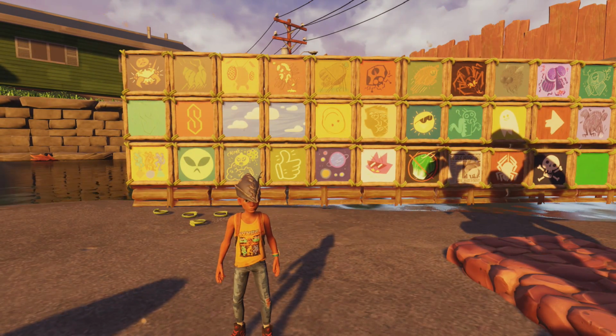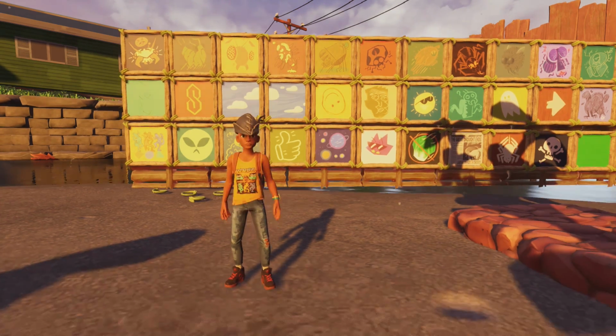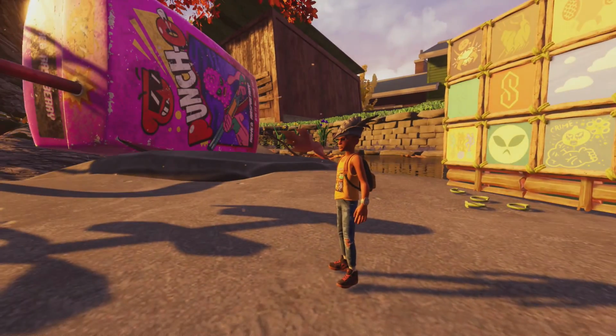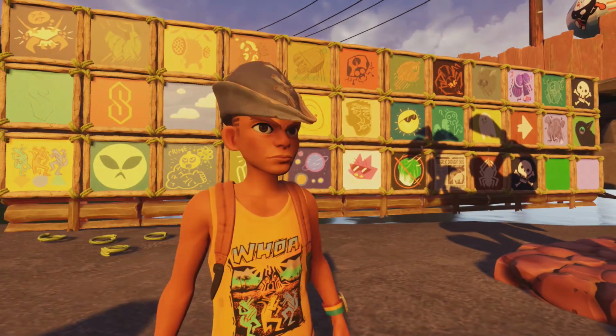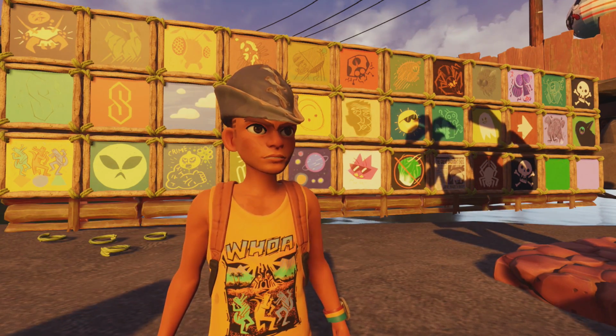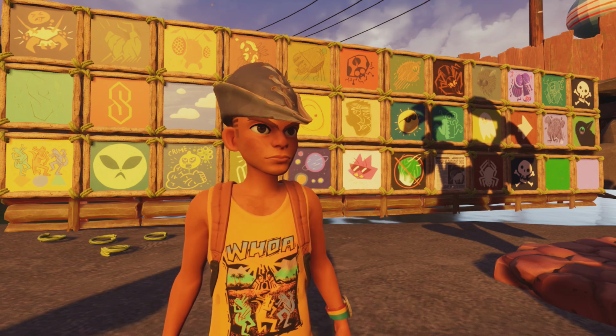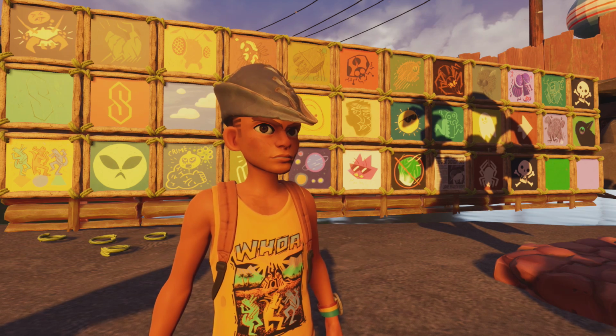Today we're going to be going over the latest patch notes. There's been another hotfix, it fixes a bunch of stuff. And then we're also going to talk about what I'm wearing. Believe it or not, this isn't the marksman's hat. This is actually a wizard's hat, Harry. No, I'm not joking. Could there be magic coming to Grounded? We're going to investigate that and talk about maybe what I think is going to happen with updates at the